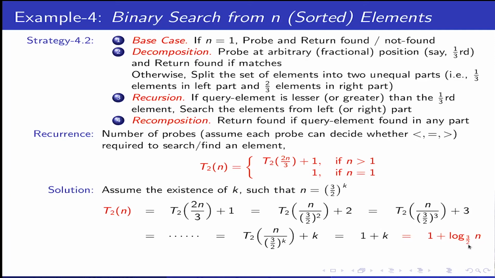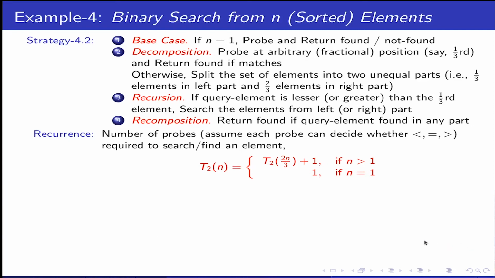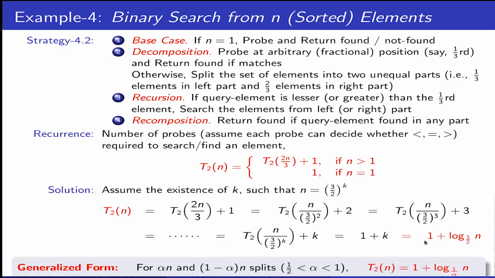So you can easily understand, if I split in 1/4, 3/4, it will be 4 by 3, then 6 by 5. If it is 1/5, 4/5, it is 5 by 4, and so on. So if you calculate by pen and paper, pause this video and calculate by pen and paper, which is more, you will obviously find this term is more than log n base 2. So therefore we are doing better than probing in an arbitrary fractional way than in the middle.